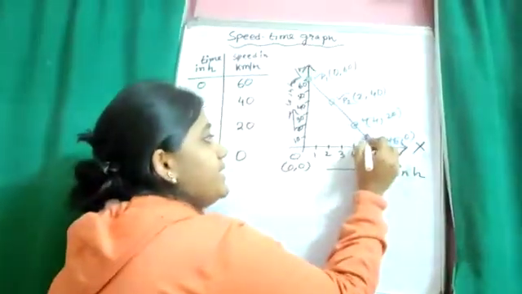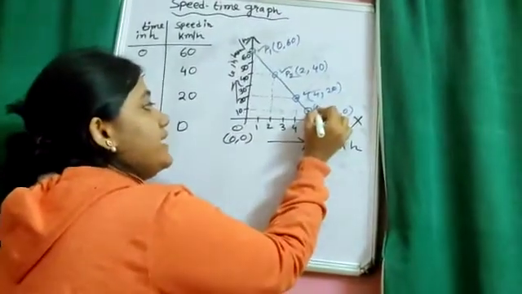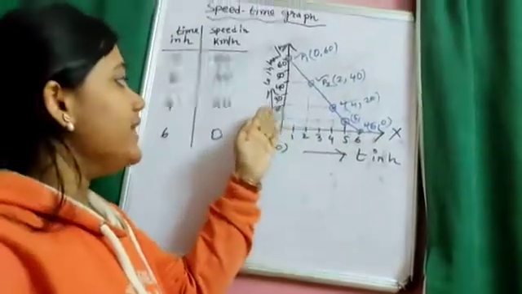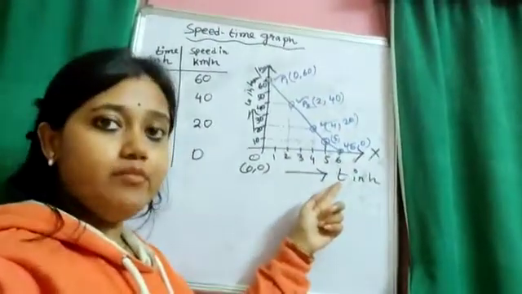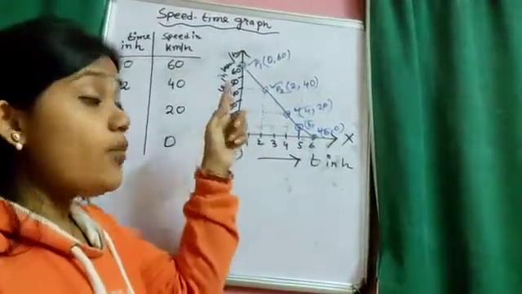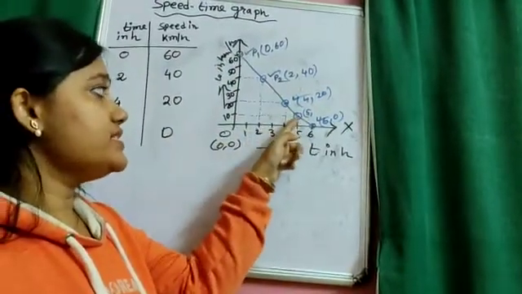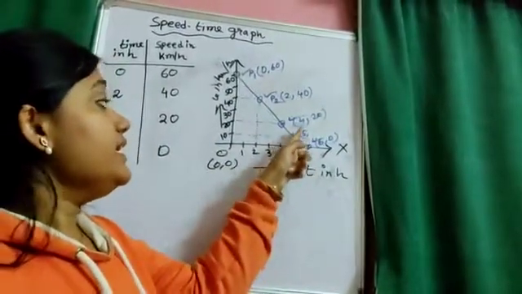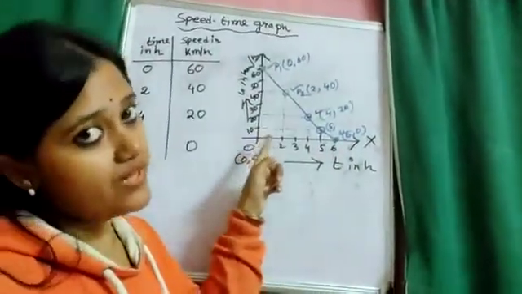So what will be the coordinate for this one? Where the x coordinate is 5, what will be its corresponding y coordinate? That will give us the velocity. That is, the x coordinate is representing time. Okay, so from there, what will be the y coordinate? On that line, which point's x coordinate or time coordinate is 5? For that one, the value of the y coordinate is giving us the velocity.